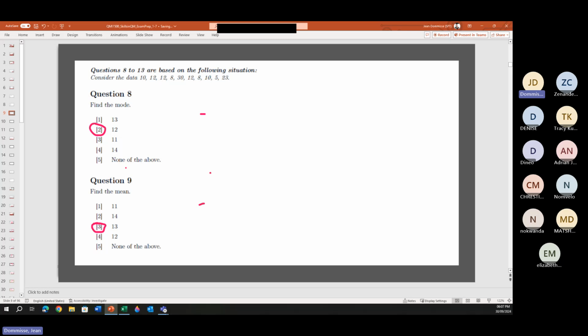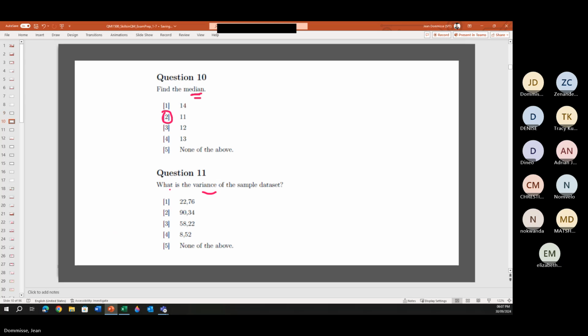Okay, and you will see that for question 8, you had options 11, 12, 13, 14, where the mode was 12. Question 9, 11, 12, 13, 14. There it was answer 13. There was your answer 11. So again, 11, 12, 13, 14. So it's not that